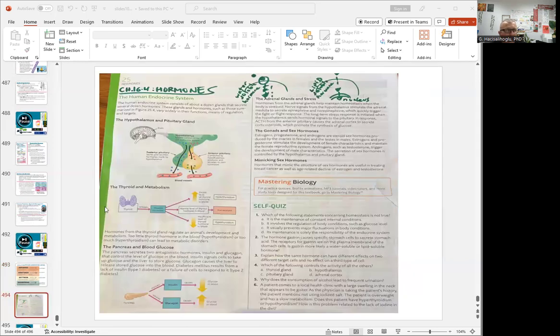So just to recap, this is all summarized here, and this is chapter 16.4, hormones. So read the summary here and then go back, look at individual slides, and don't forget to look at